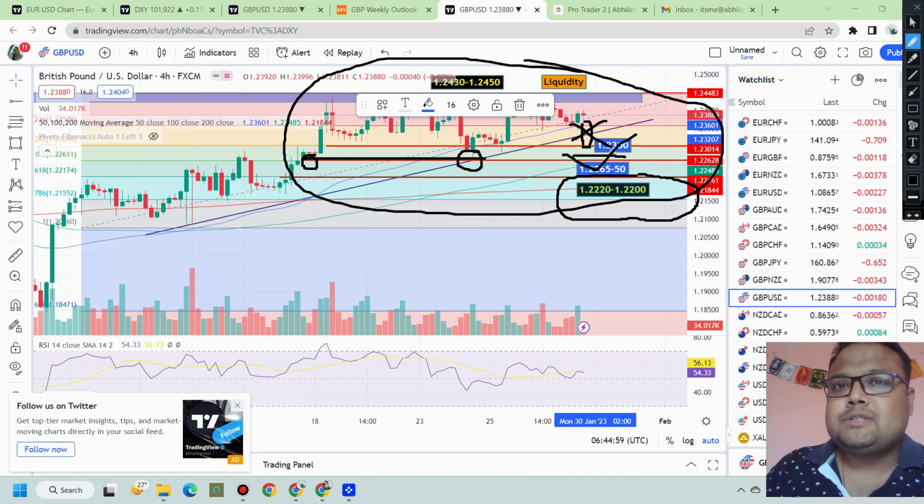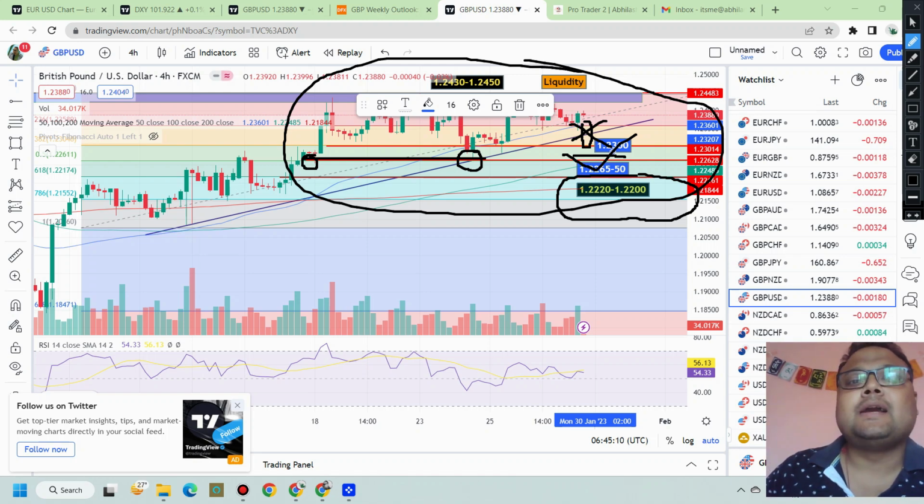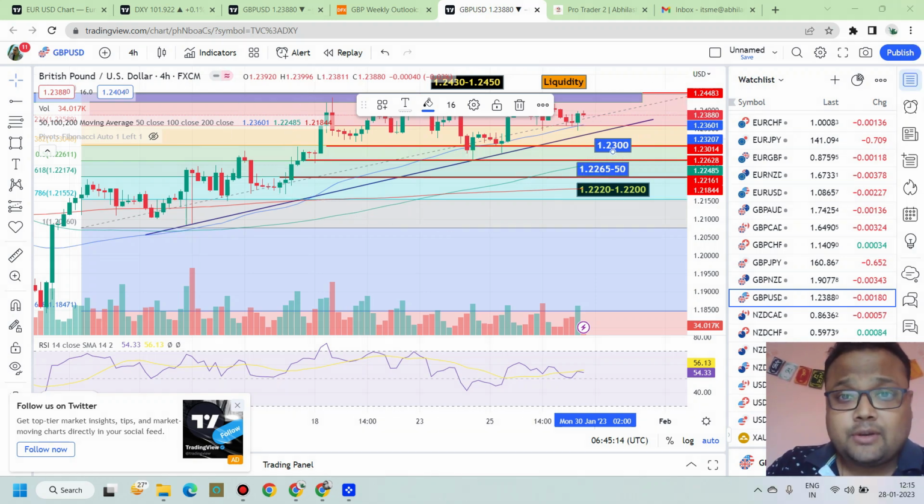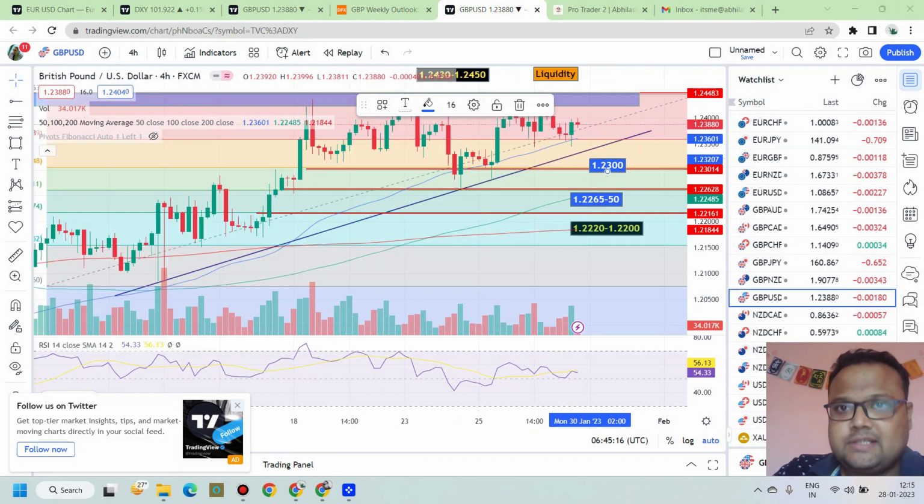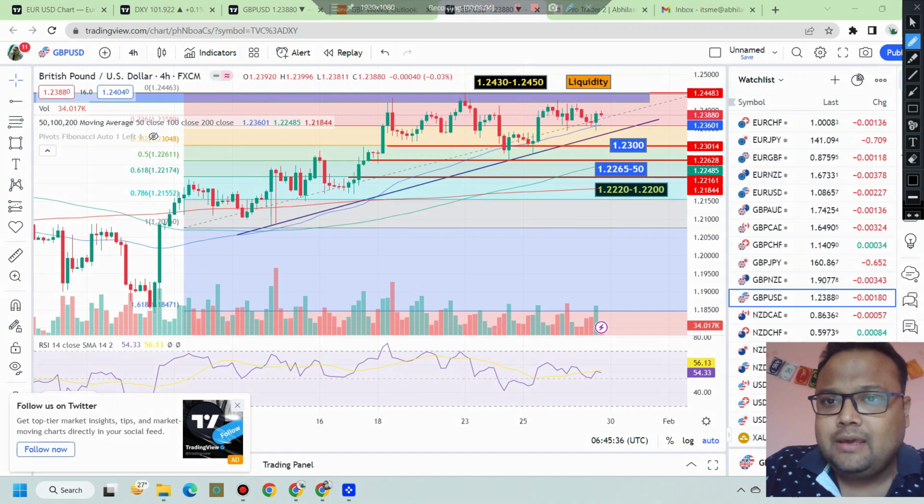If the market comes down, instead of taking a sell position, try to look for a buy position, because the overall trend is towards the upside. It means the buyers are very much present in this market, and secondly, the present trend is sideways. Secondly, if the market starts going up, then the resistance zone that we have been discussing for the last couple of days is still